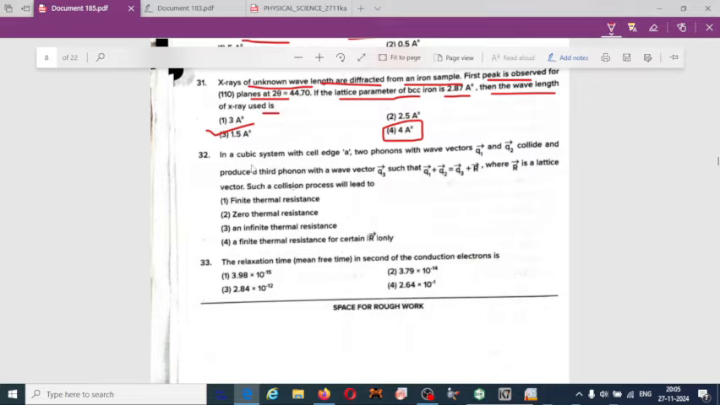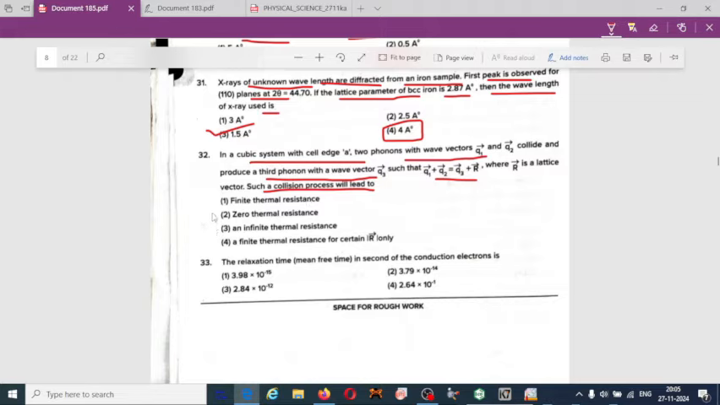Next one, 32. In a cubic system with cell edge a, two photons with wave vectors q1 and q2 collide and produce a third photon with a wave vector q3 such that q1 plus q2 equals q3 plus r, where r is the lattice vector. Such a collision process will lead to